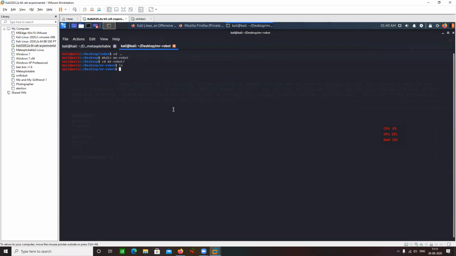It's clean here. Let's try to run GoBuster. That is basically your directory brute forcing tool, which I am using. You can use Dirb as well, that is absolutely fine.